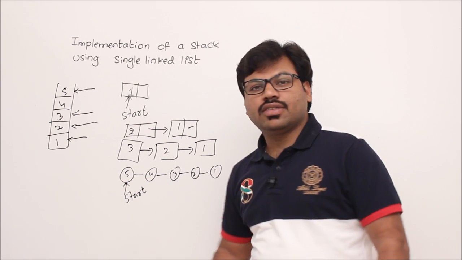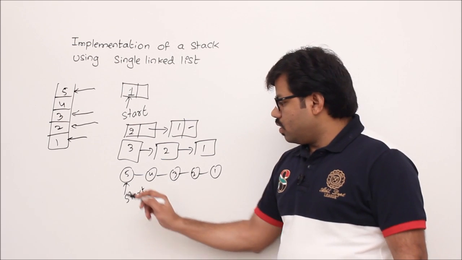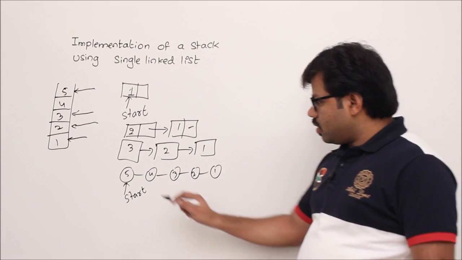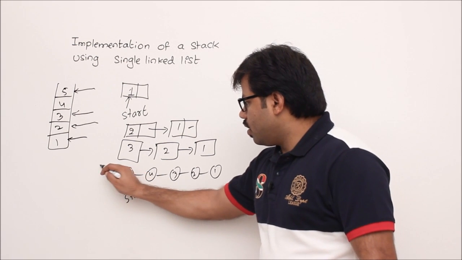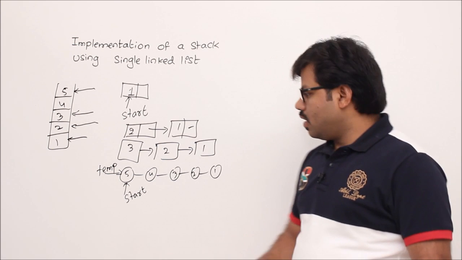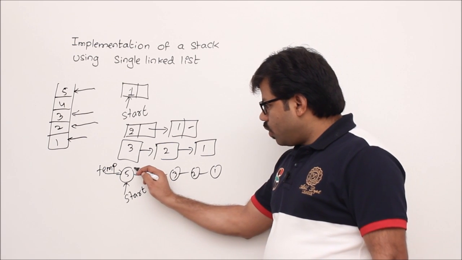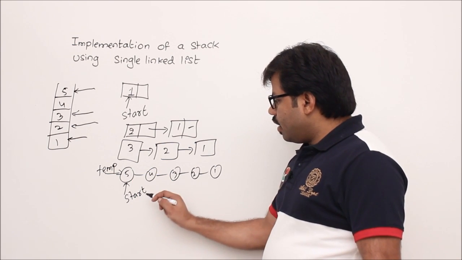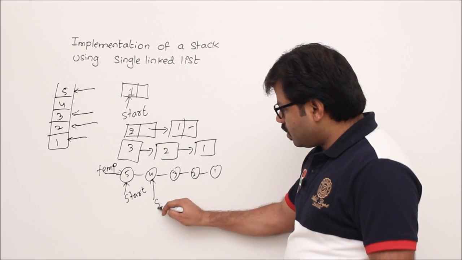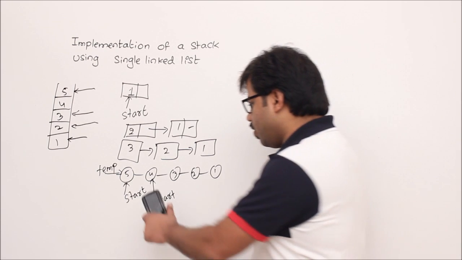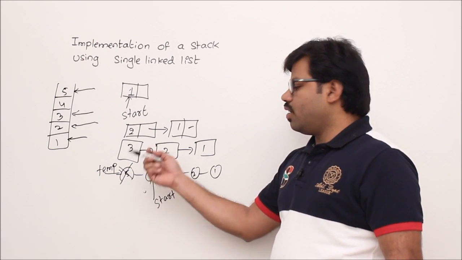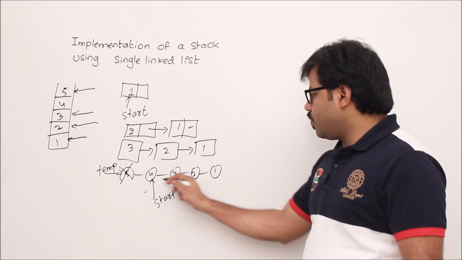My question here is how to delete the data. To delete the data, I take one temporary variable and keep it pointing to the first node. After that, what is my target? I would like to delete 5. Then I would like to increment start. So let's increment start first. Then start comes here. Pretty good. That is very easy. Then after that free temp. Then you lose 5. Then the remaining thing is 4, 3, 2, 1.